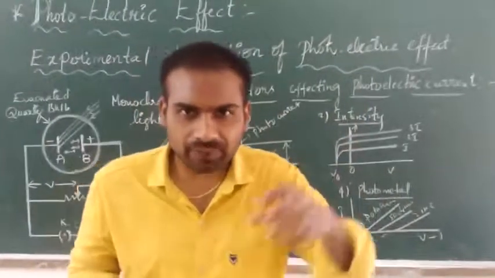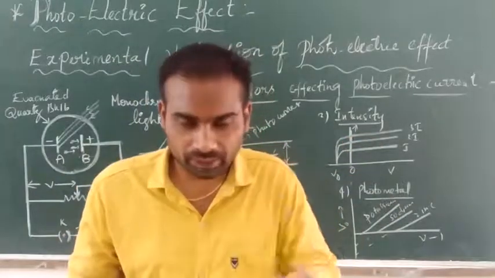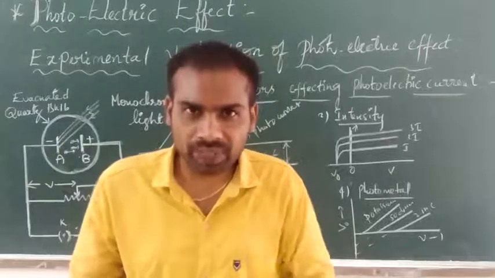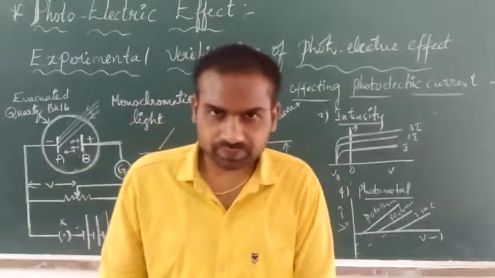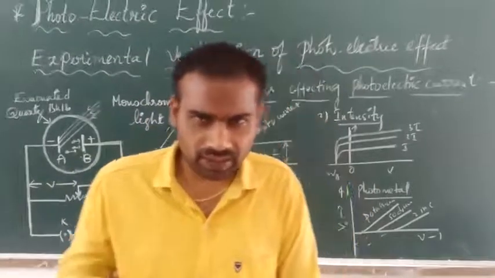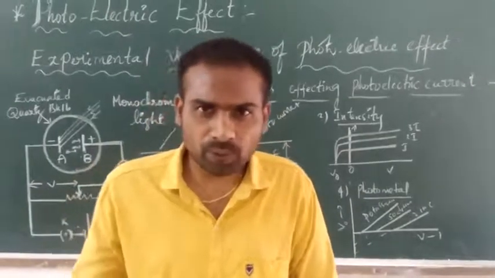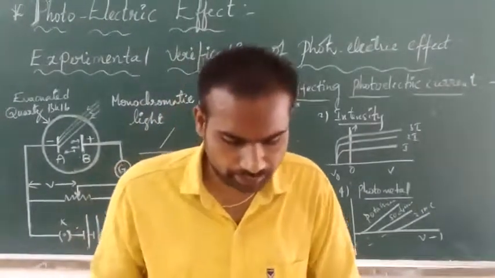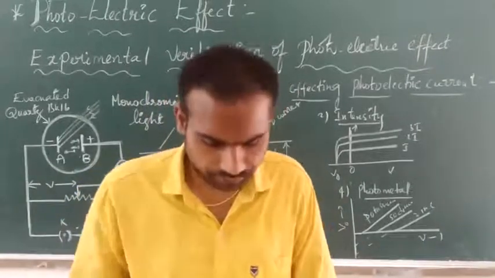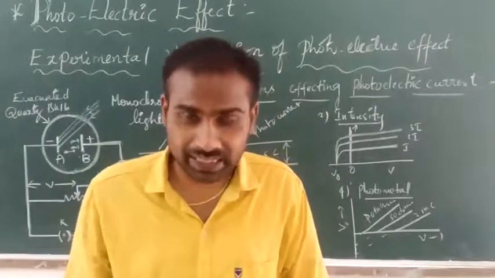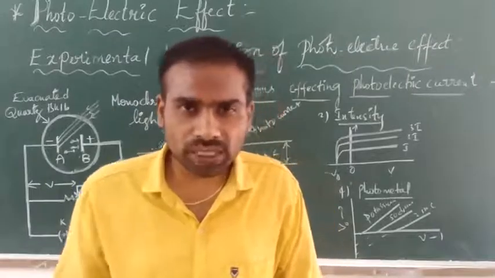The electrons are emitted from a metal surface when it is illuminated by light or radiation of suitable frequency or wavelength. This is called the photoelectric effect. This effect was discovered by Hertz and experimentally proved by Hallwachs, and scientists like J.J. Thomson, Lenard and R.A. Millikan also demonstrated this photoelectric effect experimentally.